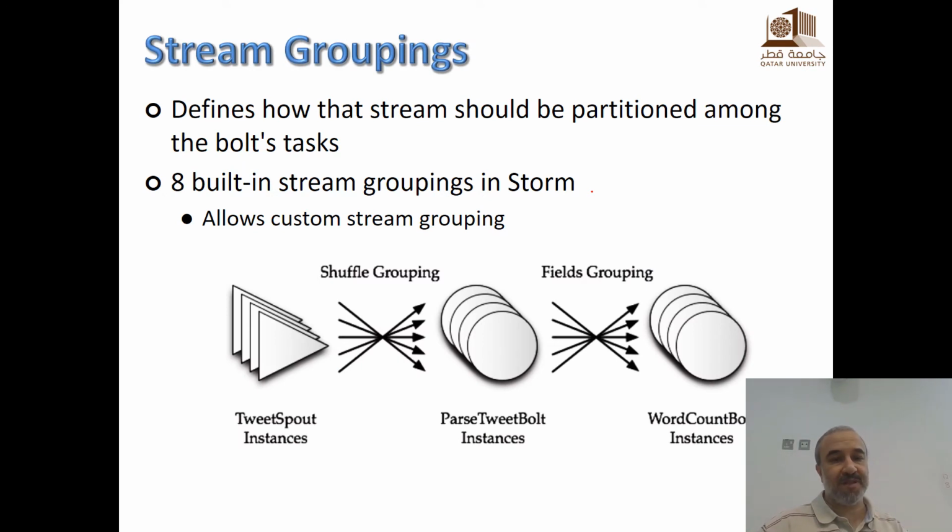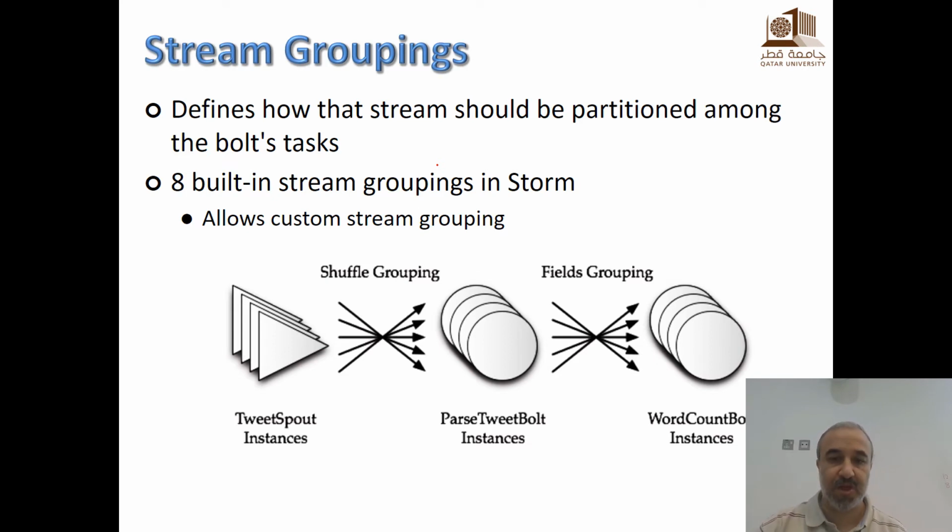Stream groupings are different types that define how the stream will be partitioned among the tasks of the bolt. We will discuss now 8 built-in stream groupings in Storm, and you can also have your custom grouping, but there are 8 that are built in.